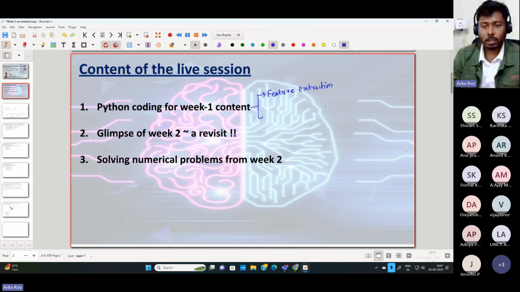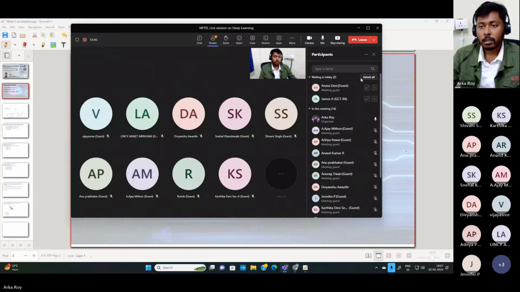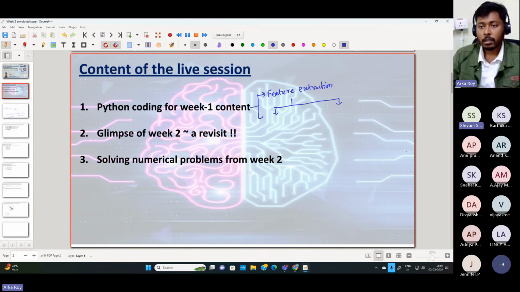For example, in case of image based feature extraction, we discussed the following features, such as local binary pattern. Then we also talked about the GLCM, that is gray level co-occurrence matrix, which basically extracts the texture information present